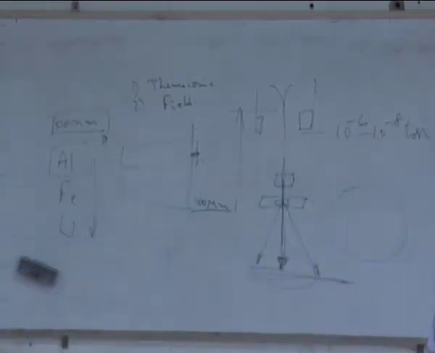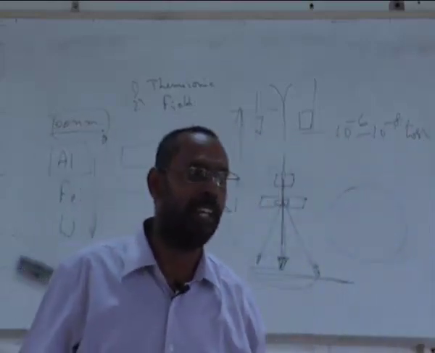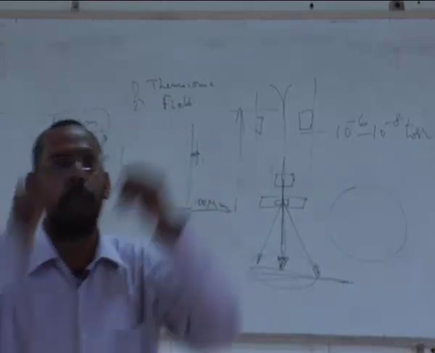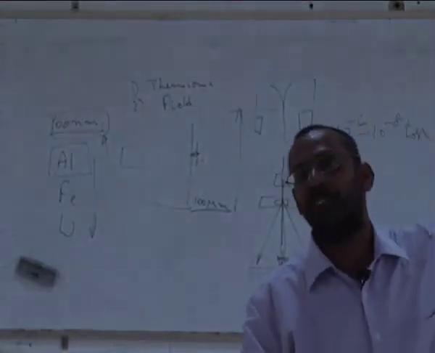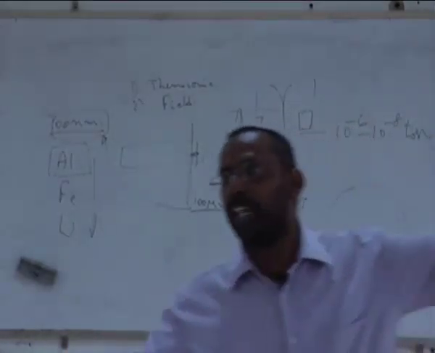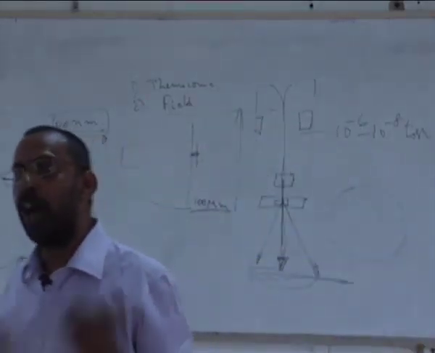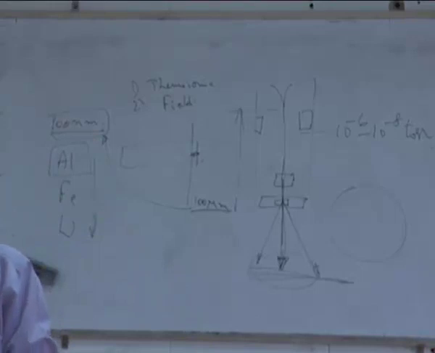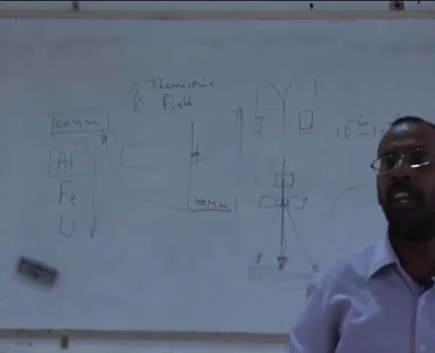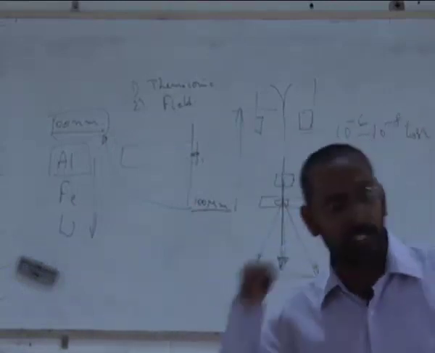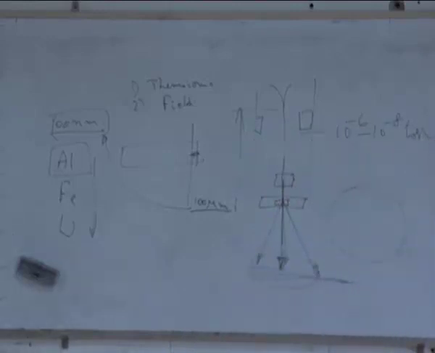But in the process, you are deforming your material heavily. You are straining the material heavily, and as a result, at the end of it, if I prepare my sample and put it into the microscope, I am actually not seeing the original condition of the sample. I have to assume that this was the original condition, and this is what I was talking to you about. Many a time what I actually see is the sample that I have prepared. It may not be the original sample. During the preparation, if I have caused certain damages, and you will see as we go along, there is a possibility of damage being caused to the sample.